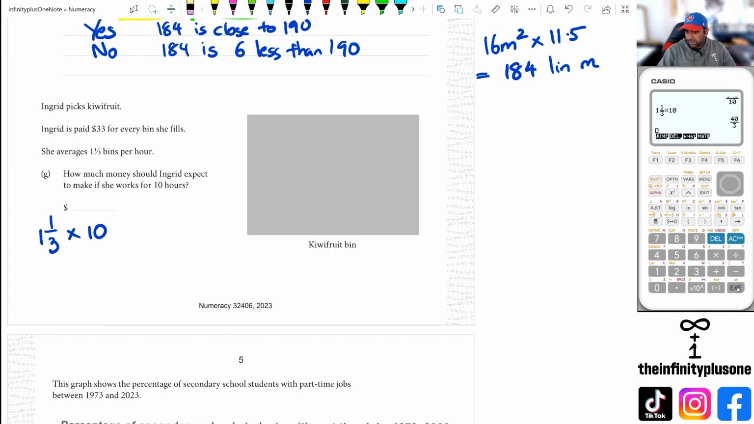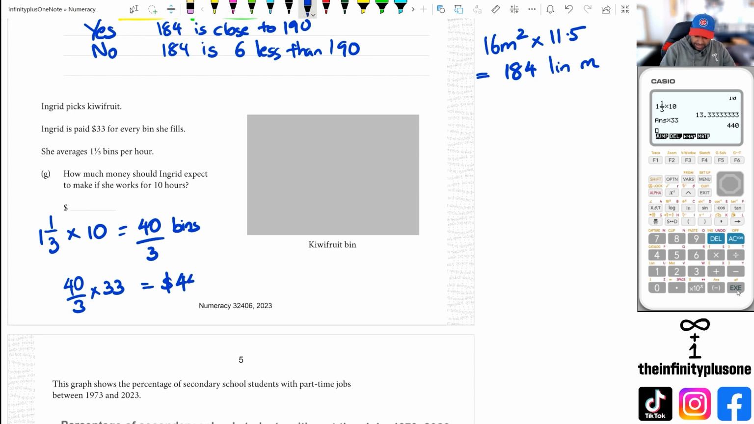When we do this, we get 40/3. That's giving us an indication that it's 40/3 bins. We can convert this to a decimal. It's going to be a recurring decimal, so that's about 13.33 bins. Next, we're going to multiply this by 33, because 40/3 times 33 is going to give us how much money she's expected to make. And that's going to be